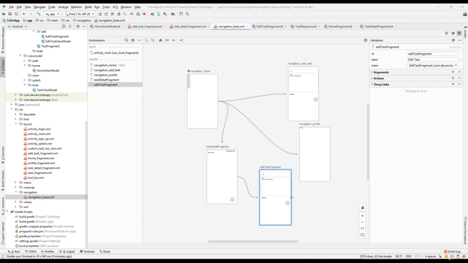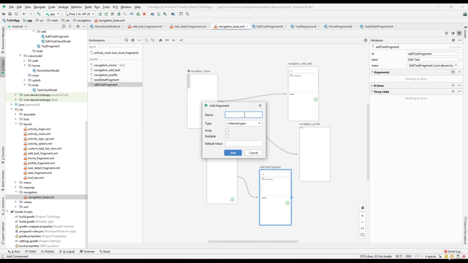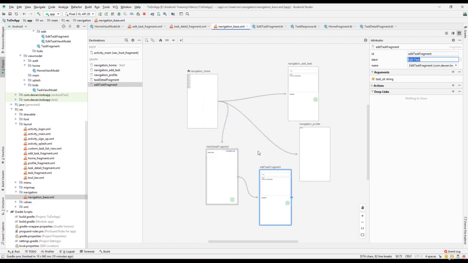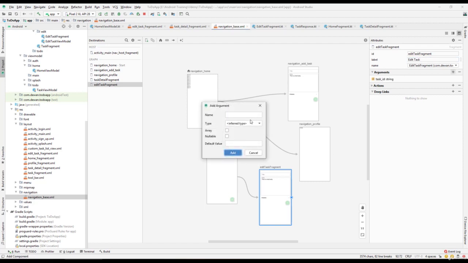Let us continue with our lesson. So let us pass the argument. We need to pass the self args over here. I will pass the ID, which should be a task ID, and let's pass it as a string. Similarly, we need to pass a task